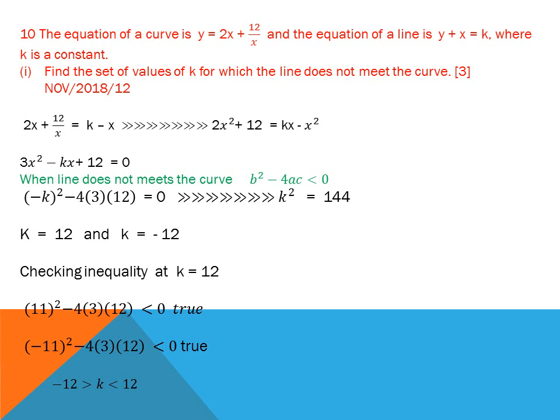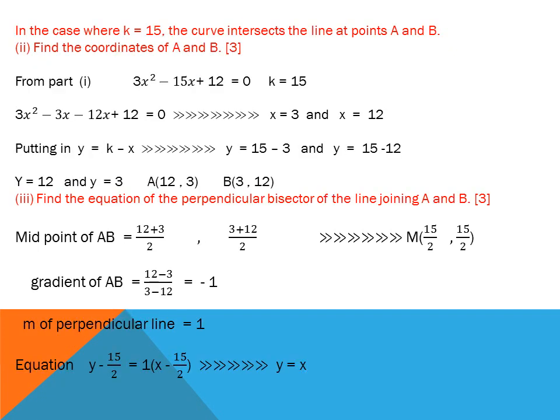Then I put the value minus 11, the greater value between 12 and minus 12, because minus 11 is greater than minus 12. So it is also true. It means the solution is k is less than 12, but k is greater than minus 12. It's by mistake here, k is greater than minus 12, not k is less than minus 12. k is greater than minus 12 but less than 12. It's the symbol of less than that I used by mistake here. k is greater than minus 12 because minus 11 is greater than minus 12. So k is greater than minus 12 but less than 12 here.